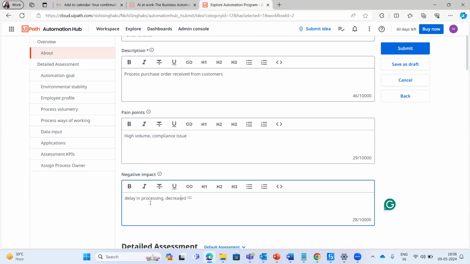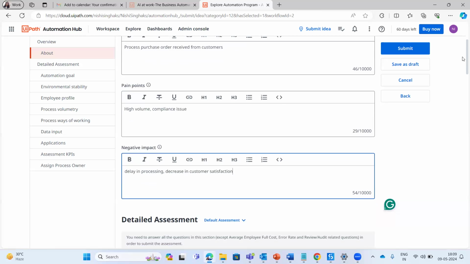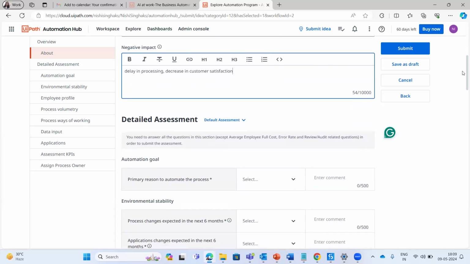Decrease in customer satisfaction. So this is about the About section of the idea that we are going to submit for a COE driven